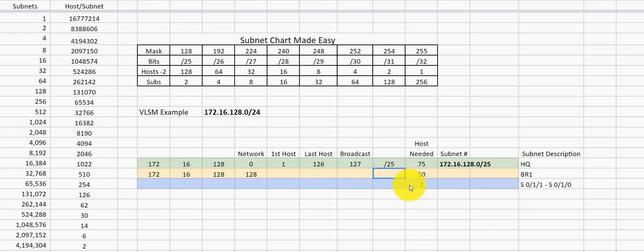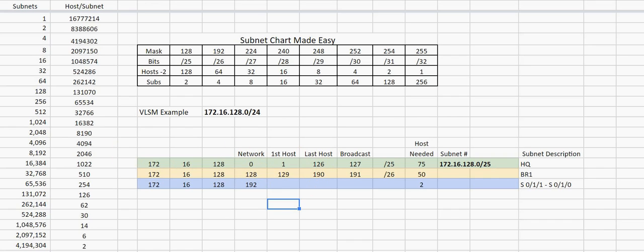So we're going to make this a /26. So we're going to say a /26, and we're going to say 172.16.128. And now we're going to use the number of 64. So if we take 128 plus 64, and if you've written your chart out up here, you can just say 128 plus 64 is 192. So our next number is going to be 192. And we can say our broadcast address for this one now is 1 less than 192, so that's 191. Our last usable host is 190. Our first host is 129, one more than our network.